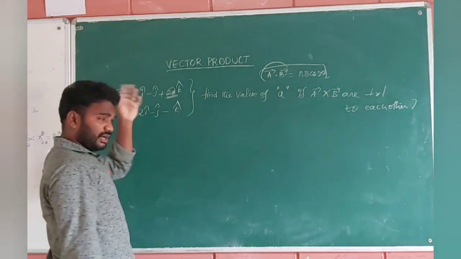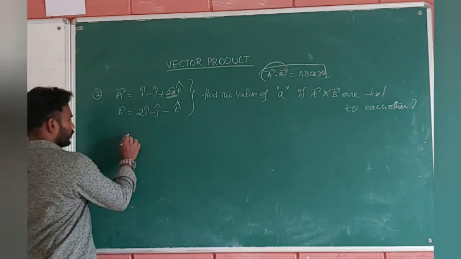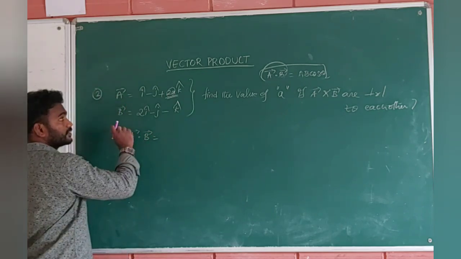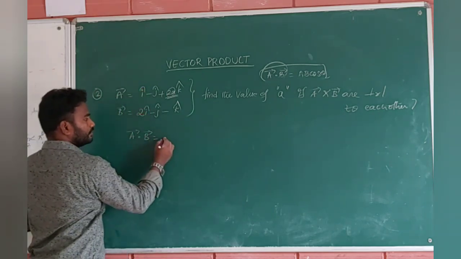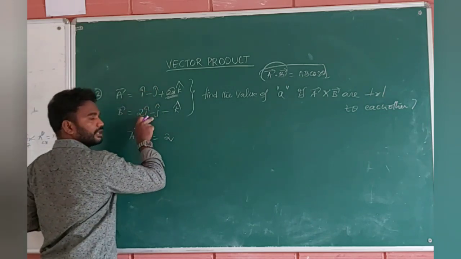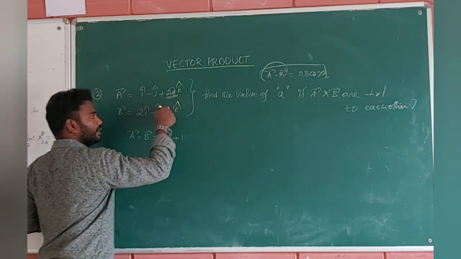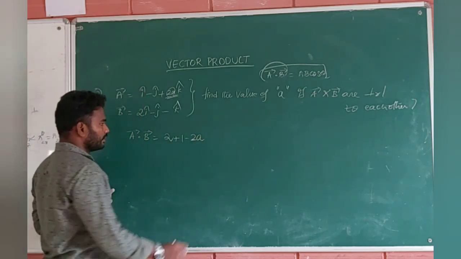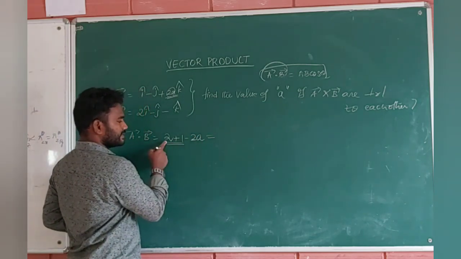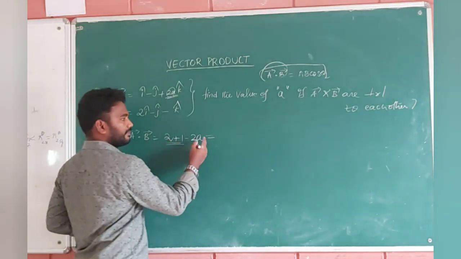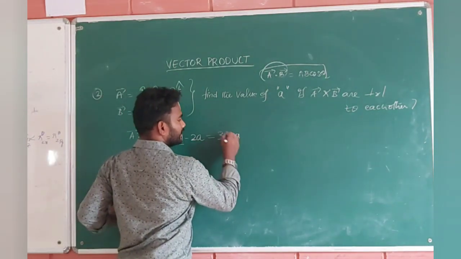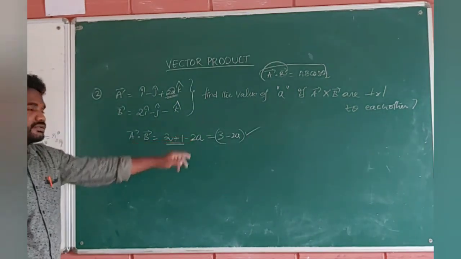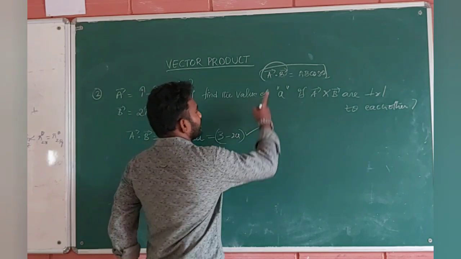Let me do how we are doing this problem. Okay, fine. What is our first method? Find A dot B. A dot B how much is? 1 into 2, that is 2. Minus 1 into minus 1, plus 1. 2a into minus 1, minus 2a. That's all. See guys here, it is nothing but 3 minus 2a. 3 minus 2a is the dot product. One task has been completed. I think you don't have any doubts on finding the dot product.